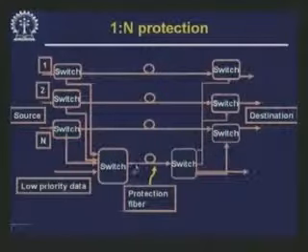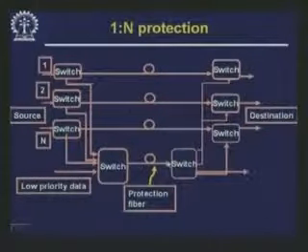Of course, these two switches have to communicate that the ith one has failed, or this switch may sense that this line has gone down, so it will take the signal from this line. So, this one protection fiber is being shared by these n